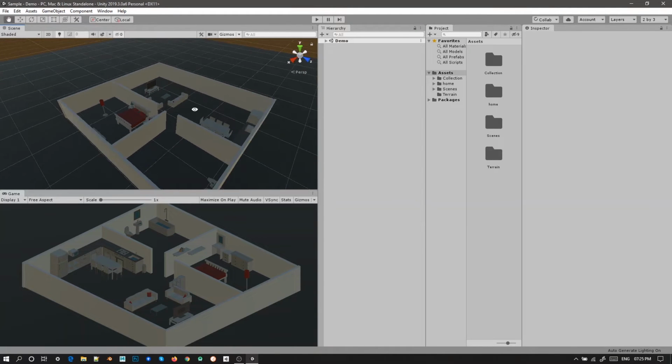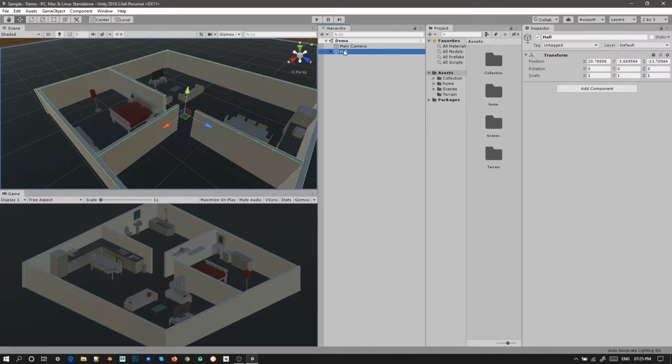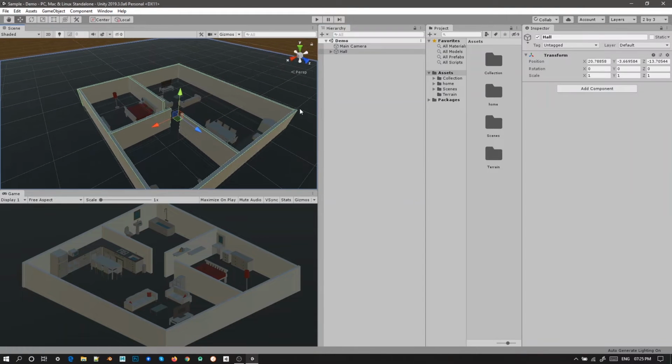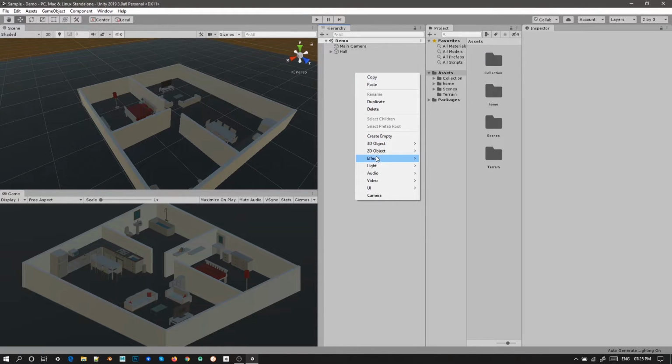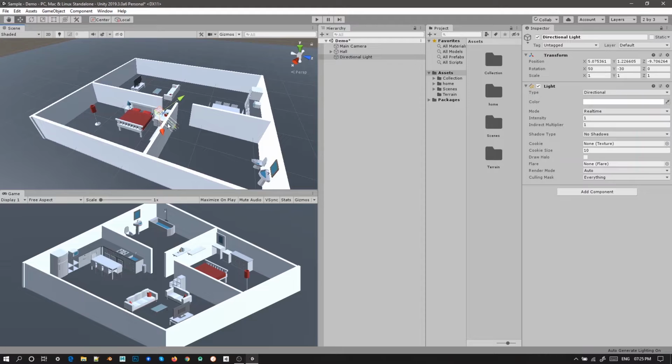Okay, so now let's choose the camera. In that we can choose the all option, right? So now further we can use the objects, that is right clicking, you'll get light, and in that you have directional light, point light, spotlight and area light. So here we are using the directional light. So you can see the lighting effect is given, and this directional light provides us the natural sunlight effect which we see in our day-to-day life, which is clearly shown here.